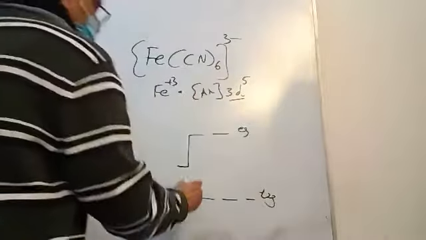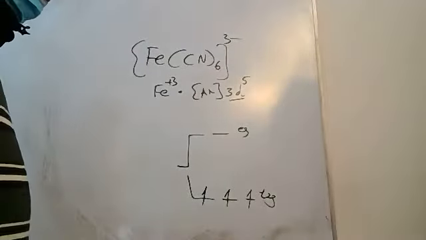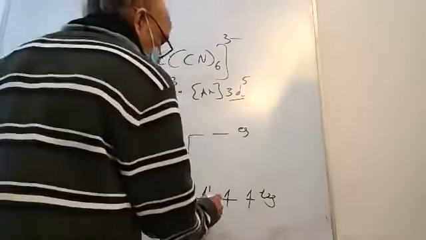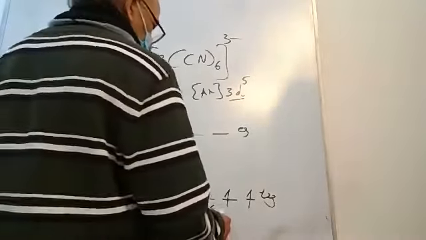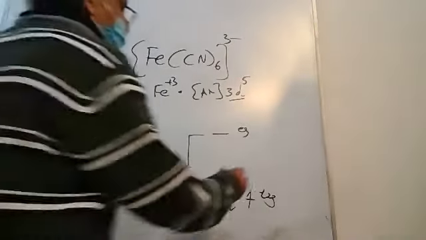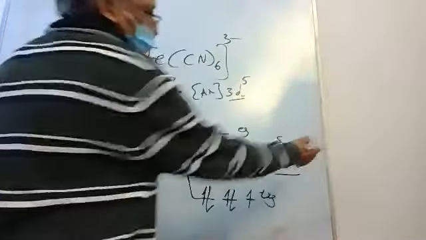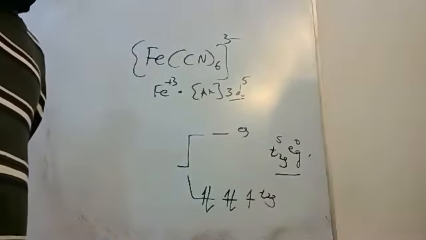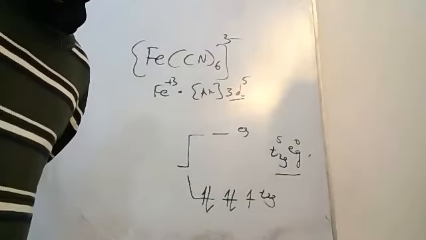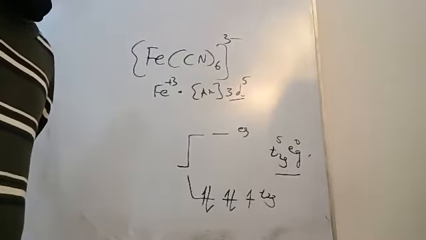You have 5 electrons, 1, 2, 3. The fourth electron cannot go up here because it's a cyanide, so it will come back down here, and that is 4 or 5. So the electronic configuration is T2G5, EG0. No electrons in the top 2. One unpaired electron. The effective magnetic moment of this is going to be 1.73 Bohr magnetons.